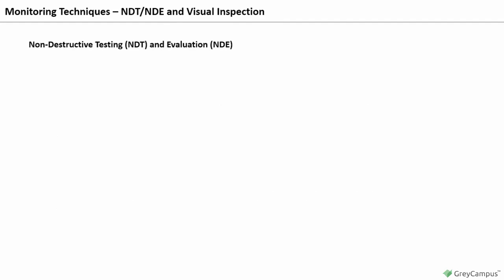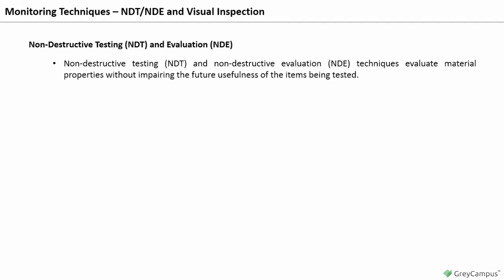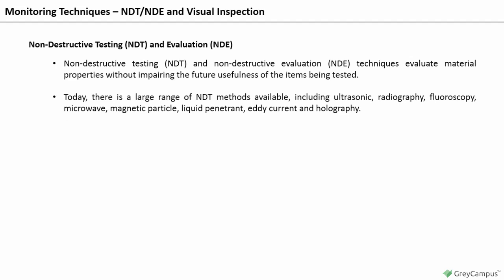Non-destructive testing, NDT, and evaluation, NDE. Non-destructive testing, NDT, and non-destructive evaluation, NDE techniques evaluate material properties without impairing the future usefulness of the items being tested. Today, there is a large range of NDT methods available, including ultrasonic, radiography, fluoroscopy, microwave, magnetic particle, liquid penetrant,